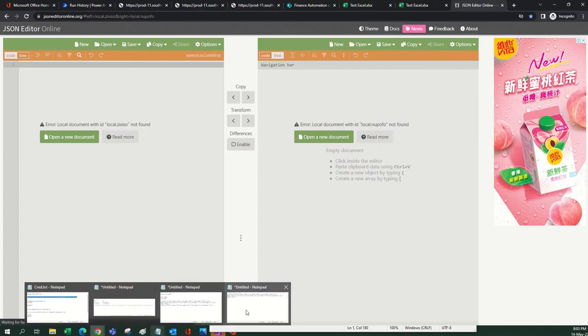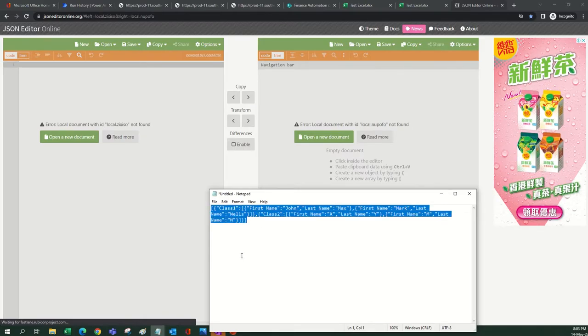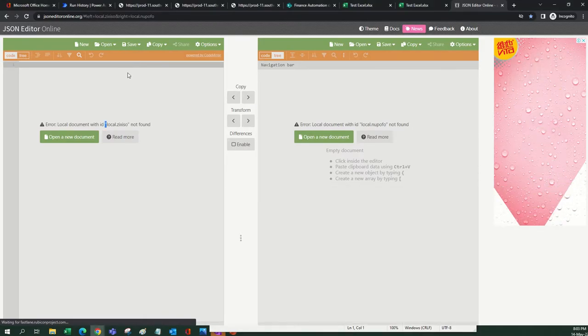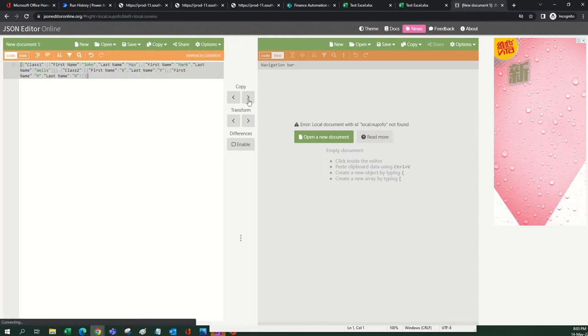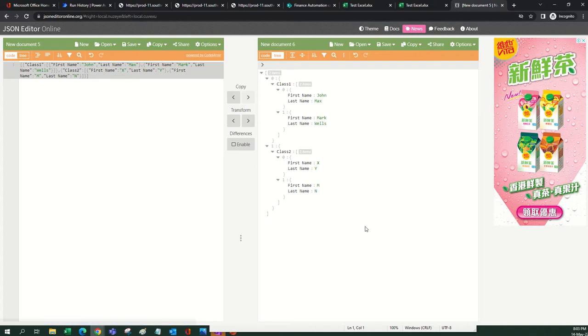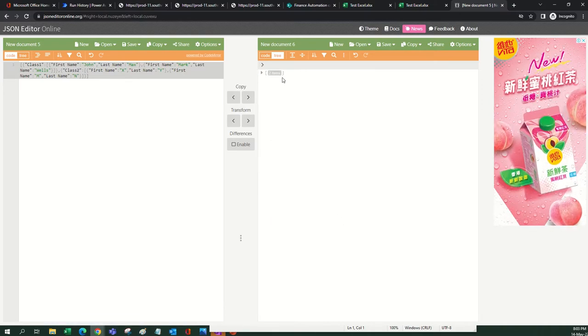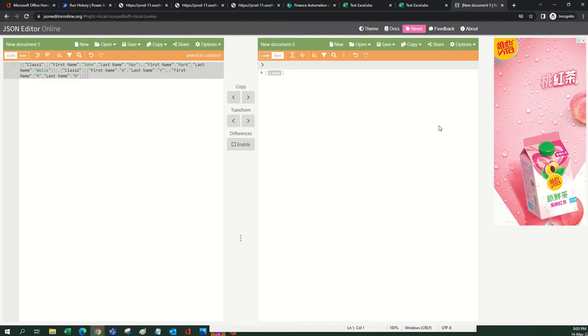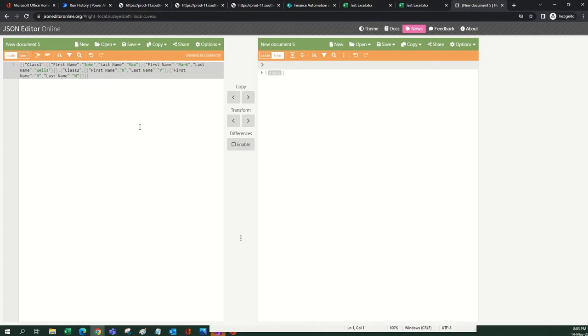So let's go back to our data which we have created. Let's copy it and paste it here. Before pasting, click new. Once copied, just go here. This is the data. This online tool is actually helping us to understand the text